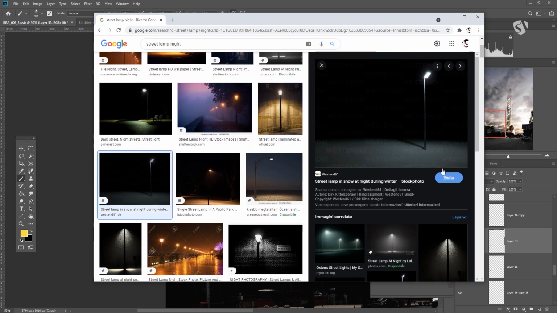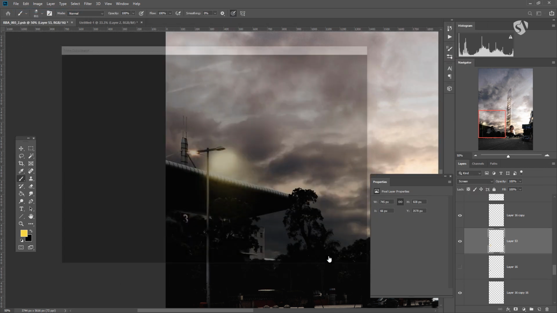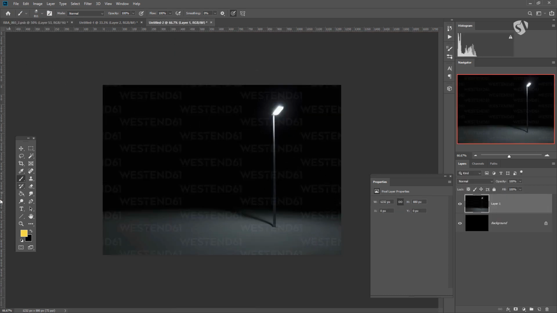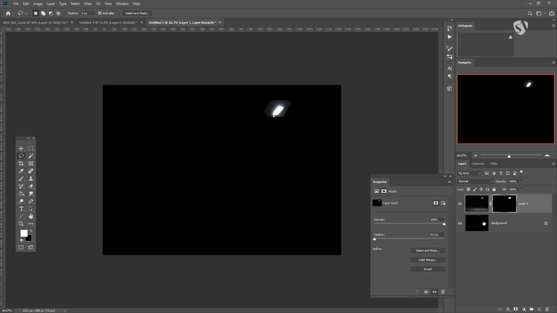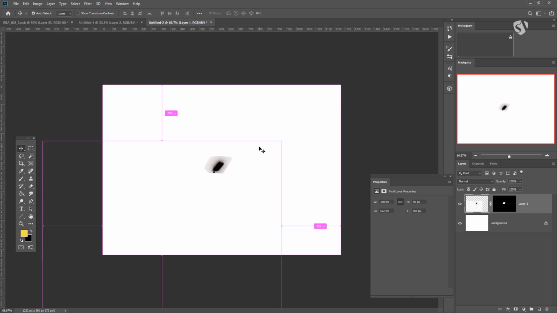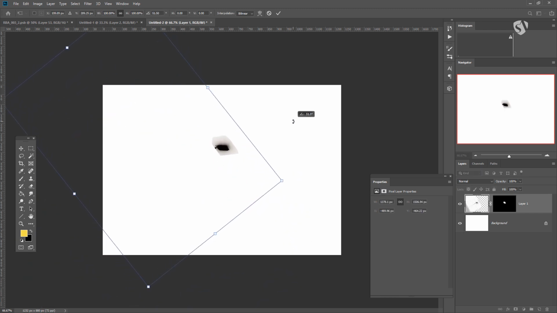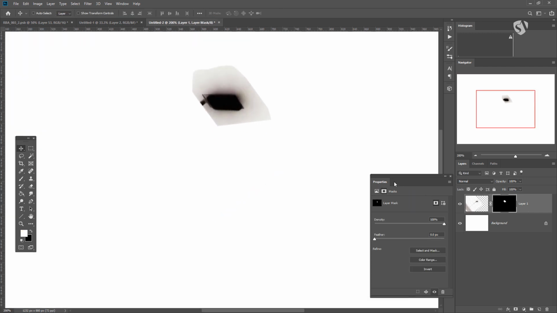This is perfect. Copy image, back in Photoshop, new file. I'm going to make a new one. Paste. Now we need just this area here. We don't need anything else. Mask this. Invert the background. Invert this one. All right. We can rotate it a little bit in order to make this kind of a flat thing. All right. And then little by little,